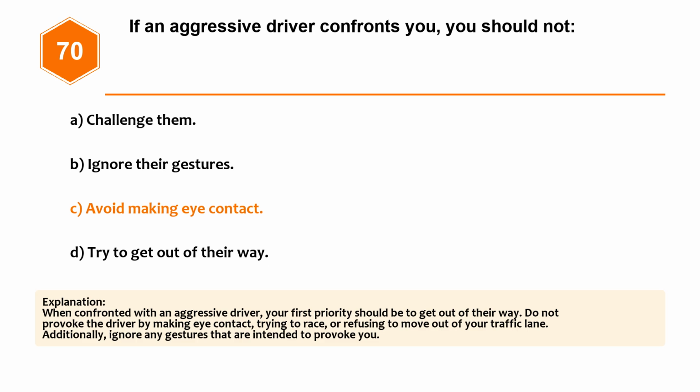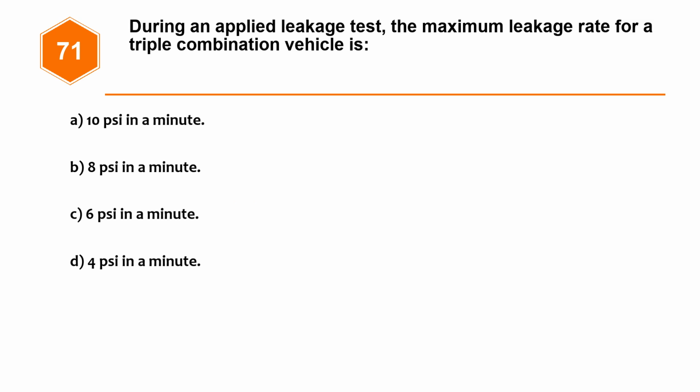Explanation. When confronted with an aggressive driver, your first priority should be to get out of their way. Do not provoke the driver by making eye contact, trying to race, or refusing to move out of your traffic lane. Additionally, ignore any gestures that are intended to provoke you. Question 71. During an applied leakage test, the maximum leakage rate for a triple combination vehicle is option A, 10